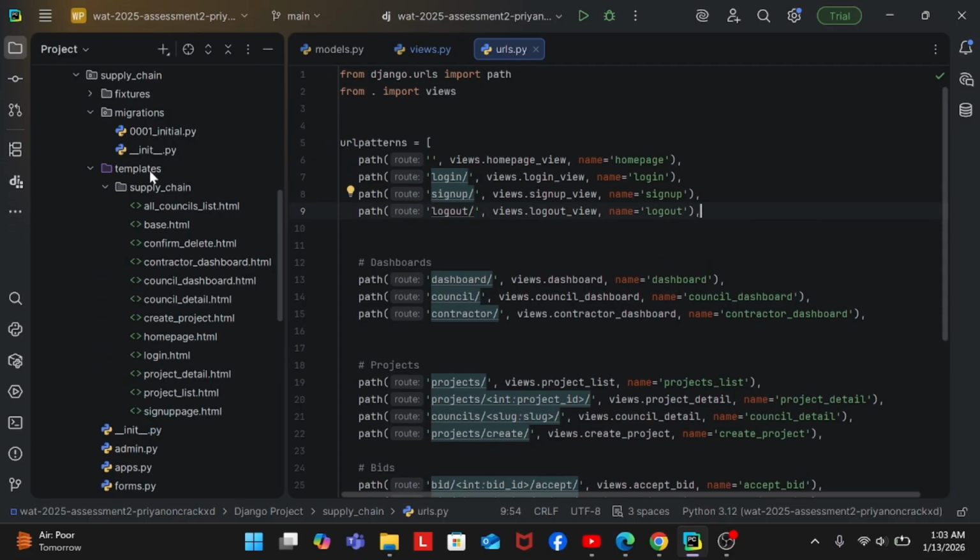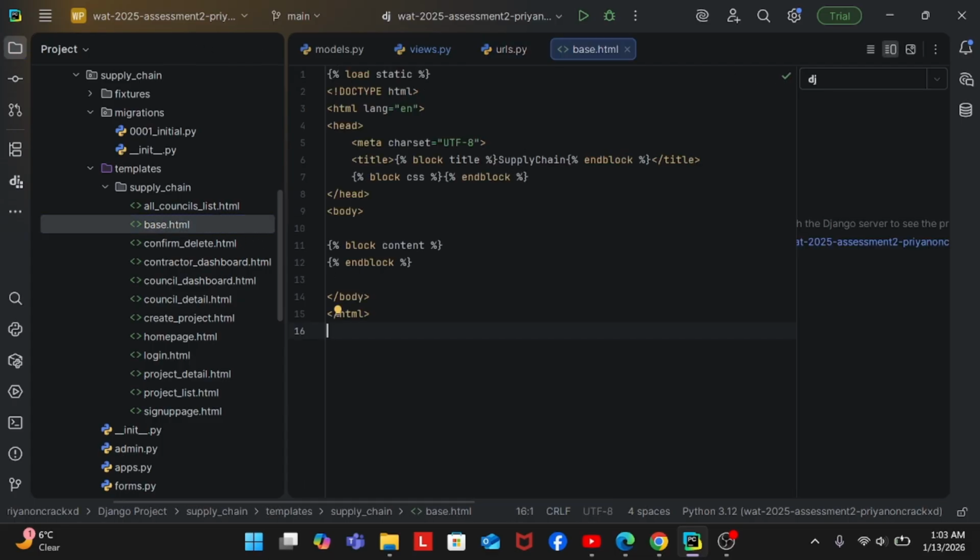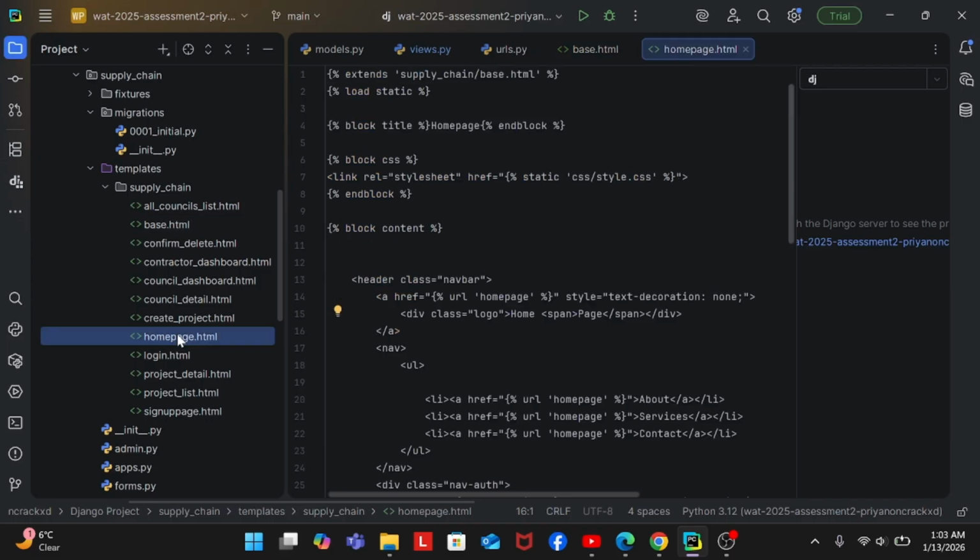Moving on to the templates. So as you can see, these are the templates that I've used to create this project. Let's start with base.html. This is the core of our project. We use the base.html template with the header and the footer. Basically what base.html does is that each page extends this base template, and it fills in the content block. For example,